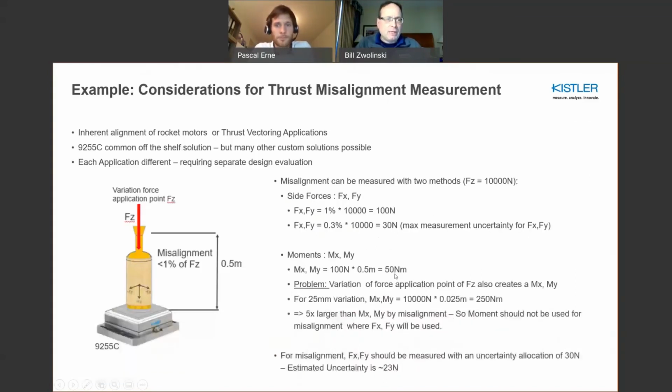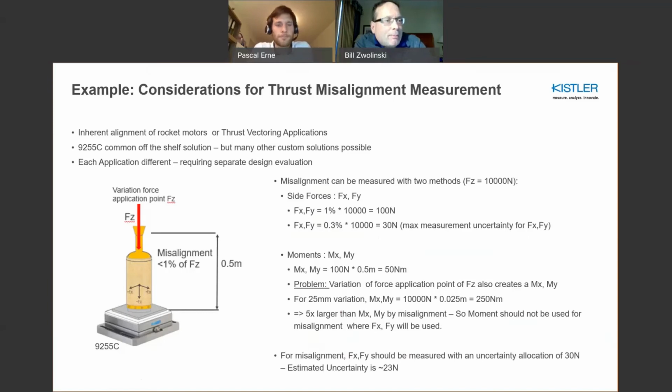It'll be referenced. And one last topic I want to just mention is thrust misalignment. And this topic comes up from time to time, and it's a very sophisticated topic. I mean, it might be that you're interested in inherent alignment of rocket motors, or perhaps thrust vectoring applications. In some cases,